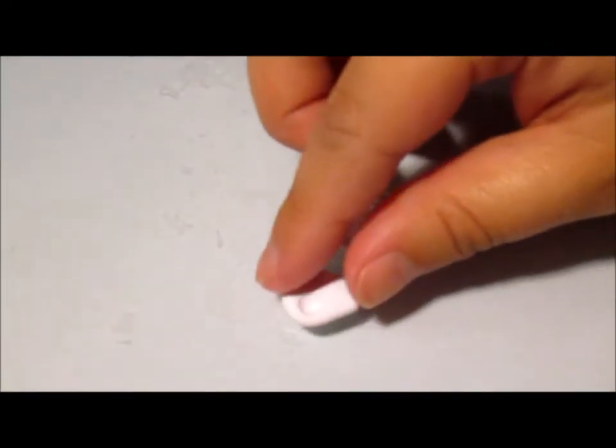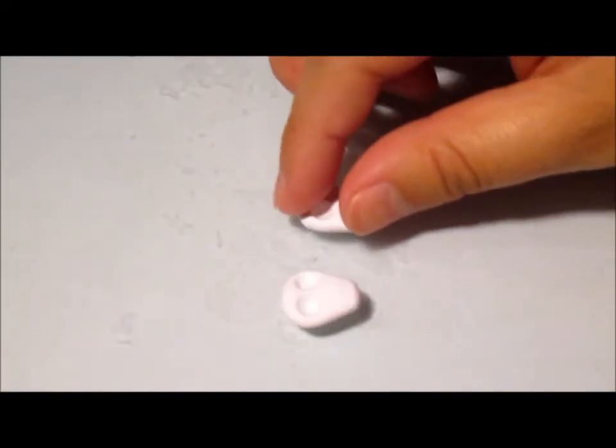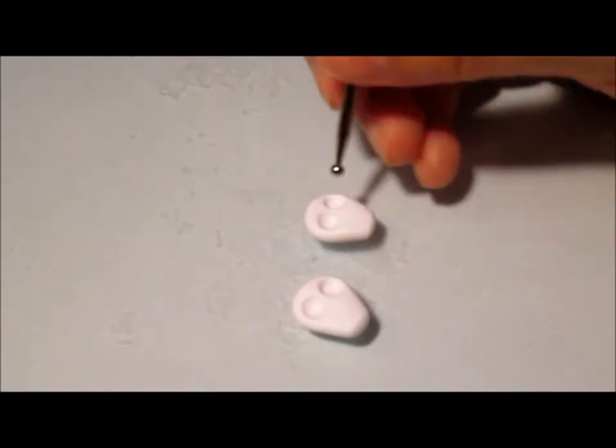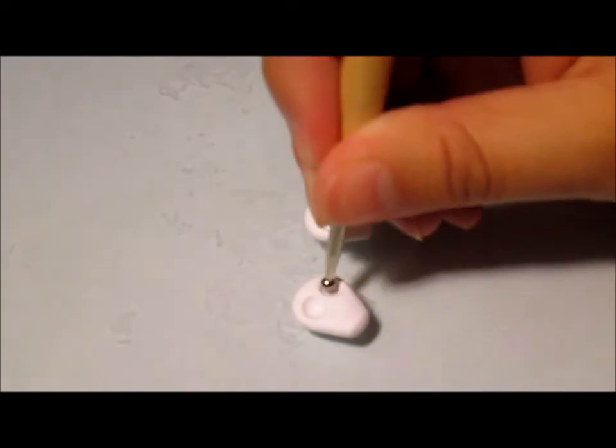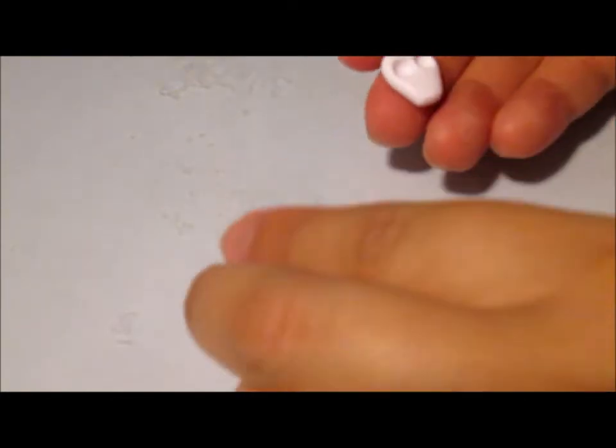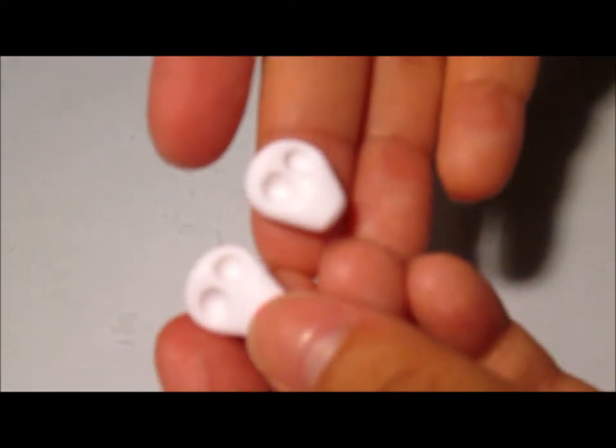deeper. I'm sorry. This is my first tutorial, so please bear with me. I'm trying. Just gonna grab my dotting tool again. Okay, so now that you have your 2 little eye indents, as you can see,